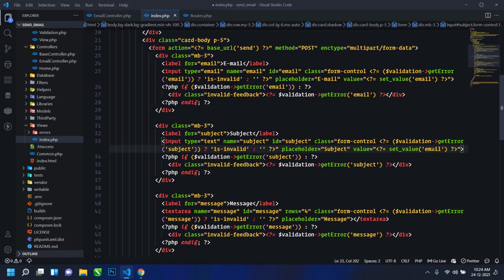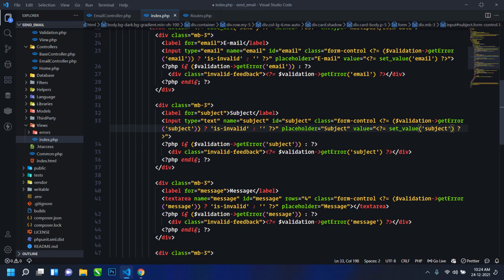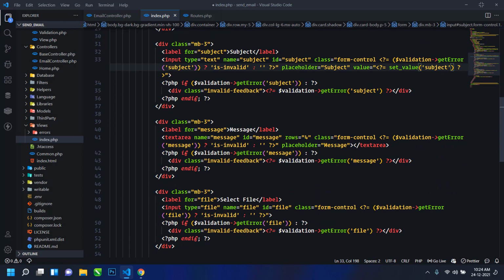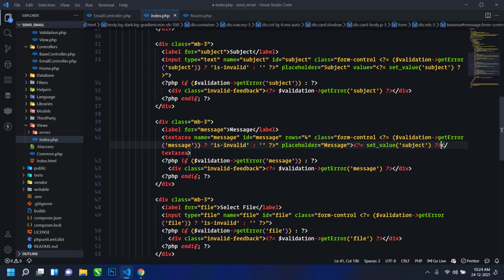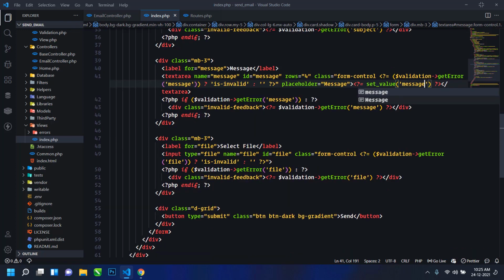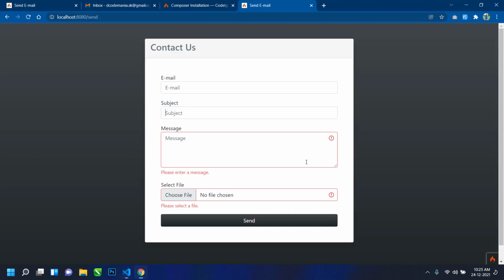For the subject just write subject, and for the text area we have to use this here, and just write message. We will not set the previous value for the file, okay, so just save this and go to the browser.